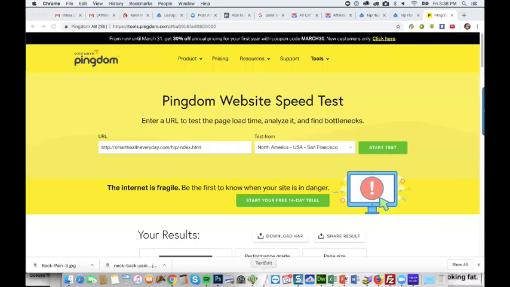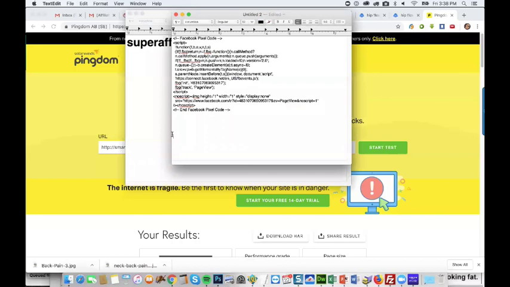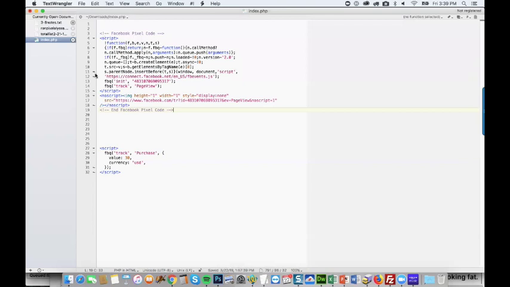So what do we do? It's like this. Oh, I didn't put it here. Okay, so this is your pixel right here. Then this is the actual code that tells it what to do. So this pixel is going to stay the same in your whole account.